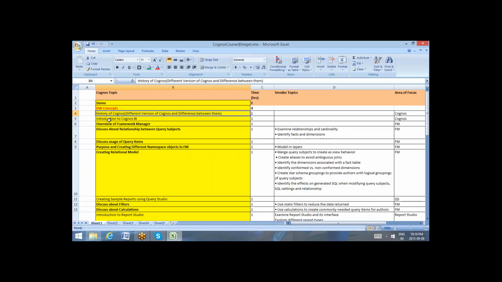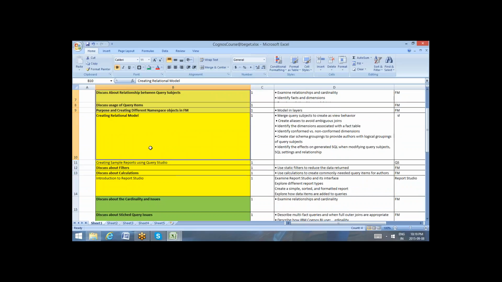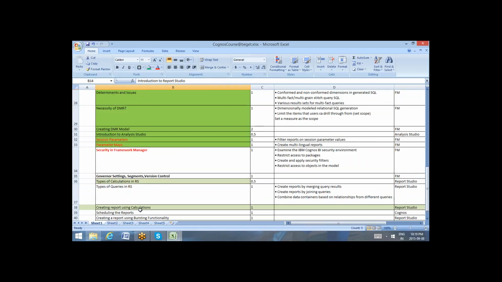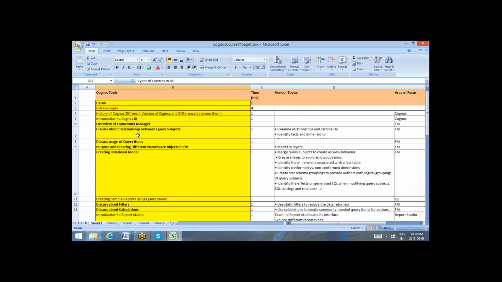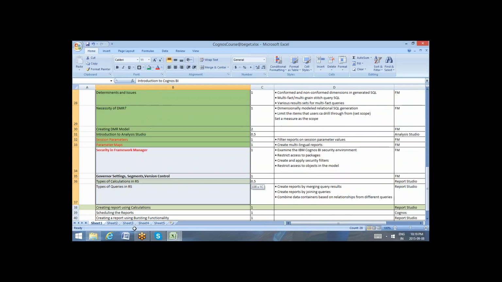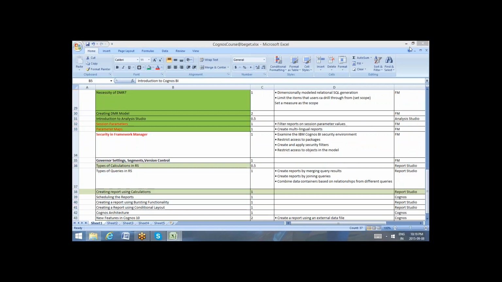Then if you move on to the next topic, maybe Cognos BI, what the different components available are. Out of those components, we have a very important component, Framework Manager. In Framework Manager, we need to do modeling, we need to design a lot of modeling: the relationships, users, a lot of things are available. Similarly, some sample reports. In total, there are so many topics that we are going to discuss in detail in subsequent sessions. Okay, so